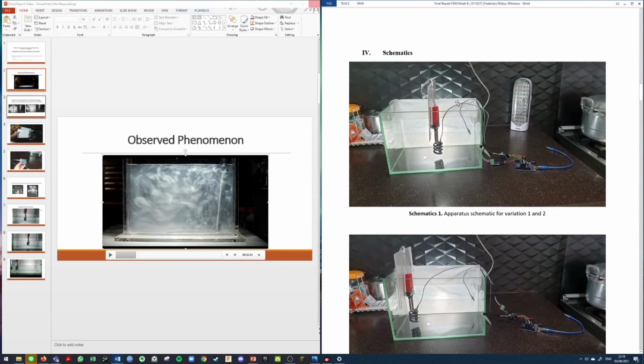And then the dimension of this water storage also needs to be smaller. Ideally it should be at the size of this coil, so that the effect can be more clearly seen. And also, if the funds allow, there's a venturimeter, so we can precisely understand the change of flow that happened, the water motion, and we can actually quantify that. So I guess that's all for my video.